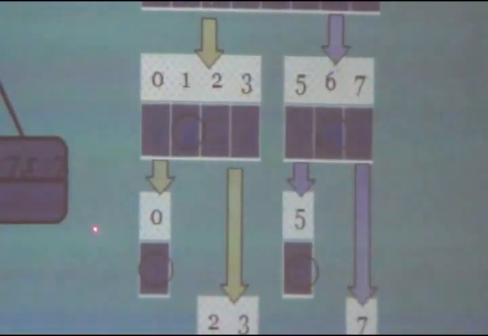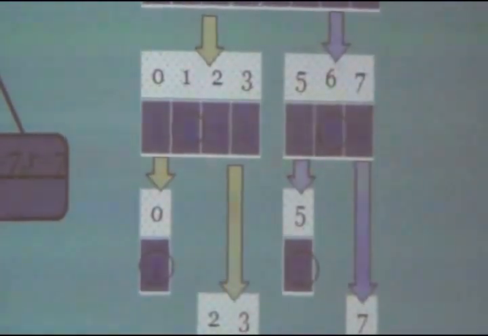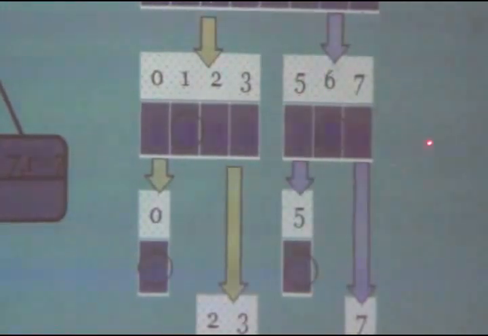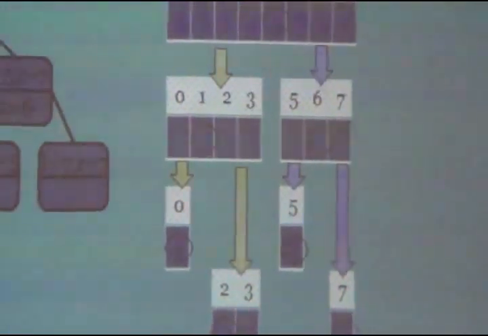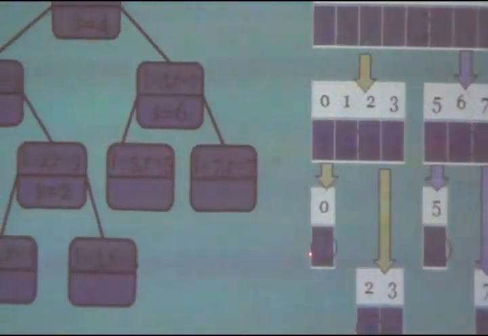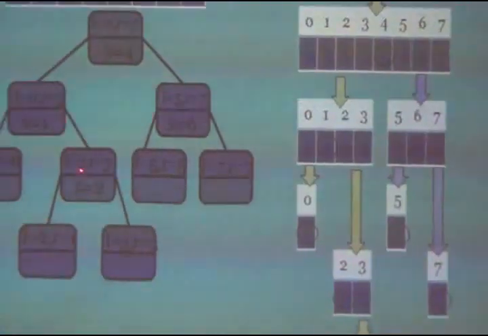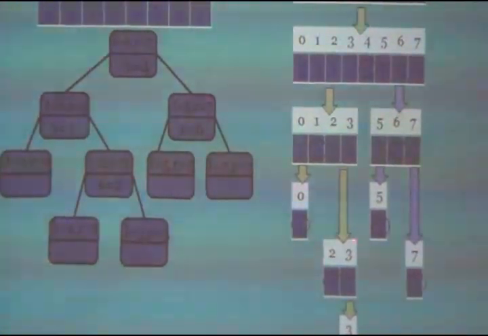Pivot value. There is no formula for the pivot value. For binary search you can identify any one of the values. So here L equals 0, R equals 3, S equals 1, and look at this array, L equals 5, R equals 7, S equals 6, and again if you divide you will get only one element, both R and S equal to 0 here, and on the right side it will be 2,